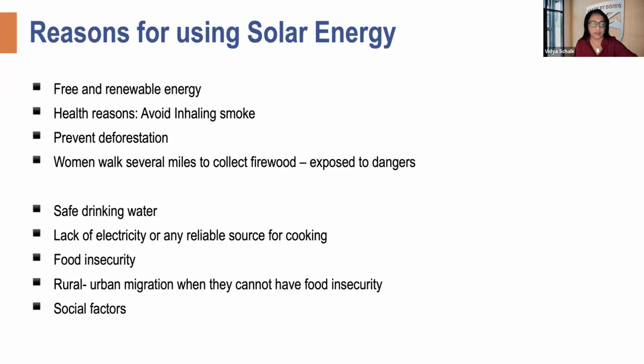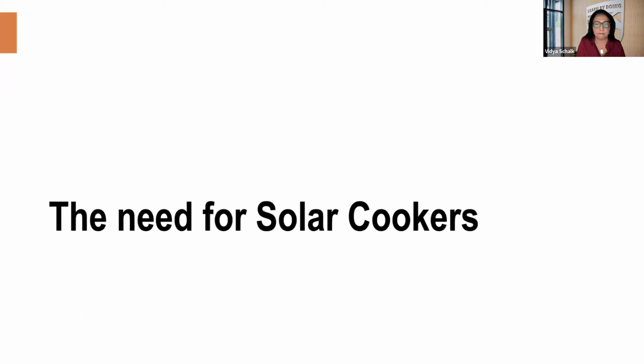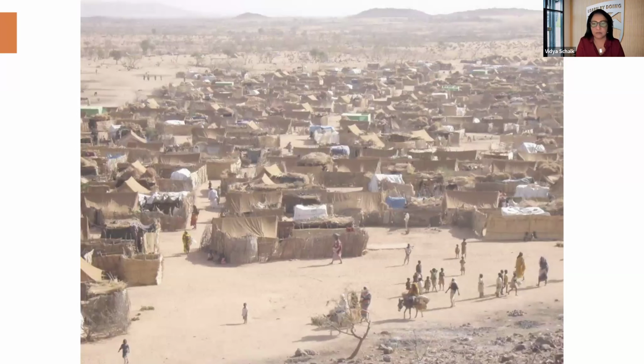And then the fact that lack of electricity or any reliable source of cooking is a really critical need. That brings the whole concept of food insecurity: you can have all the food you want, but if you don't have the resources to cook, it's going to cause a lot of issues. And then you have rural to urban migration, and social factors, all those things. And students a lot of times come up with that. Then I introduce them to